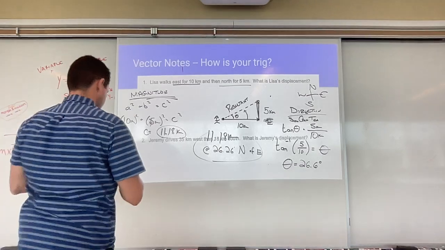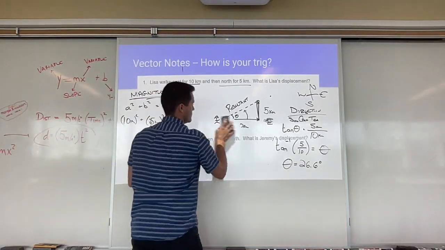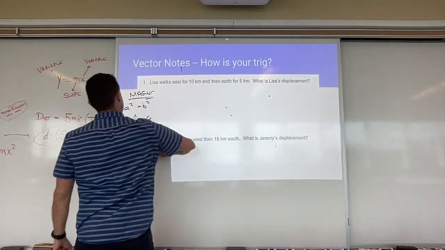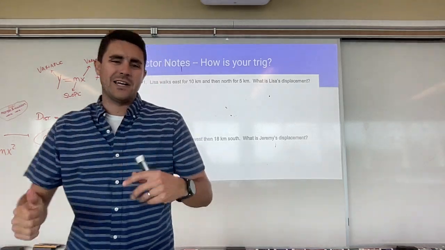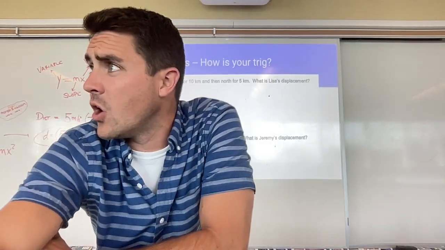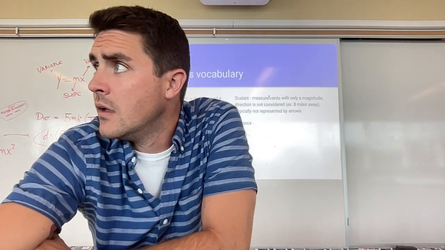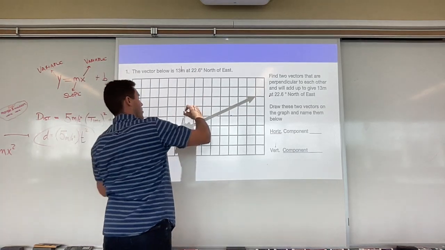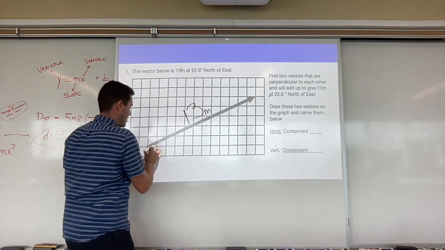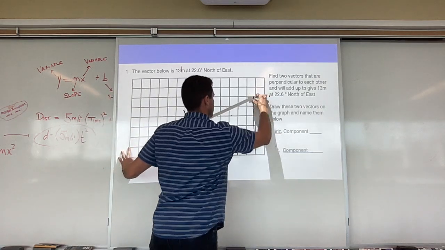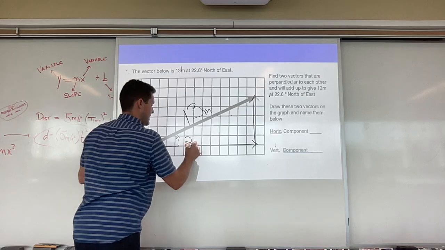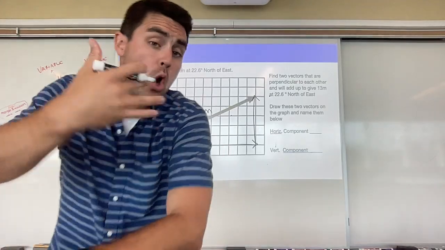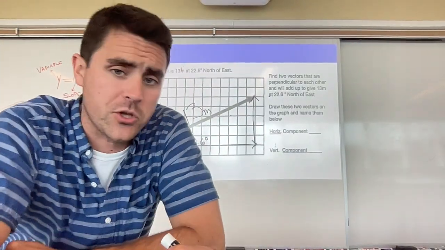Okay, let's try one more. But this time around, we're not going to do one to find the resultant vector. We're actually going to go ahead and find the components. So this time, I give you a vector, and that vector is 13 meters at an angle of 22.6 degrees north of east. That's what this is. Now I'm asking you, what is the horizontal component and what is the vertical component of